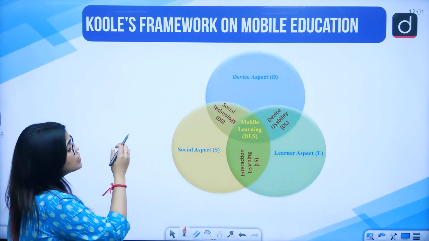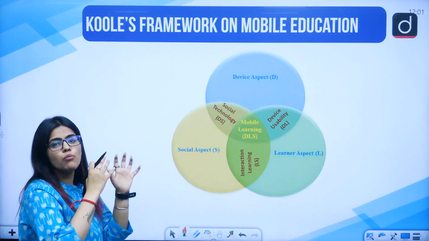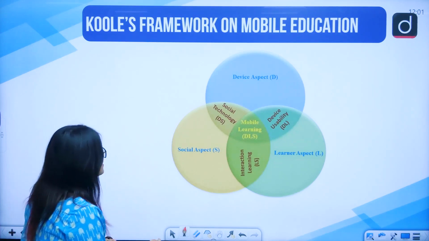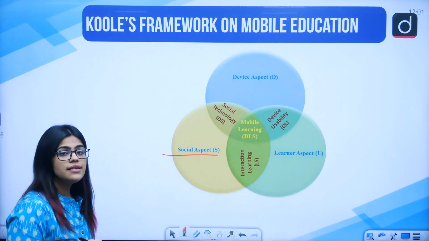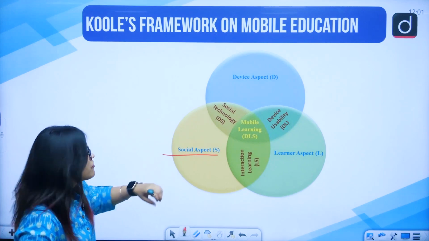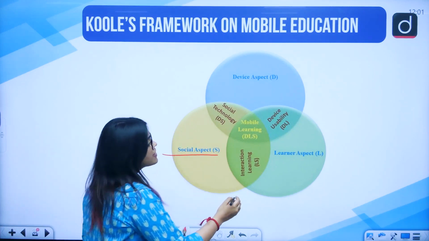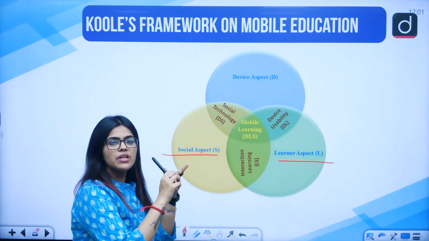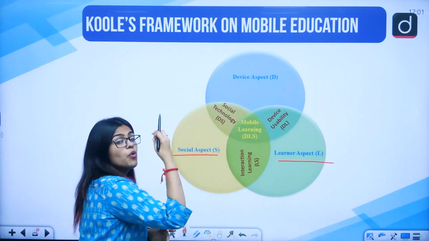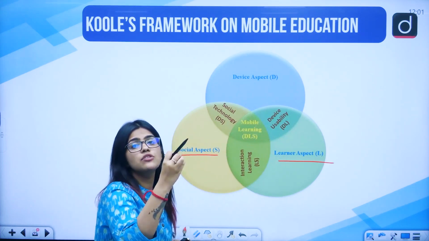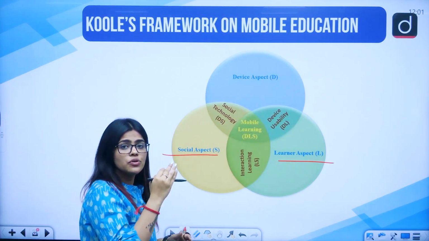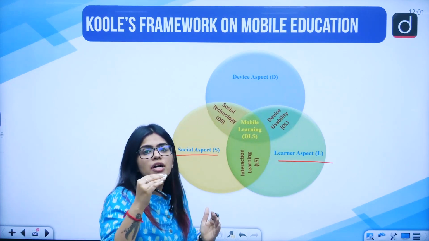All this concept would be more clear when you look at the diagram. So Kuhl said that there are always some overlapping structures when you start using technology. There are some social aspects. Is the society going to appreciate this type of learning? Will it go further? Then there are some learner aspects. Availability of smartphones is one learner aspect, or the motivation level or the already present knowledge that the students have, which is one goal you have to fulfill before launching a new app.